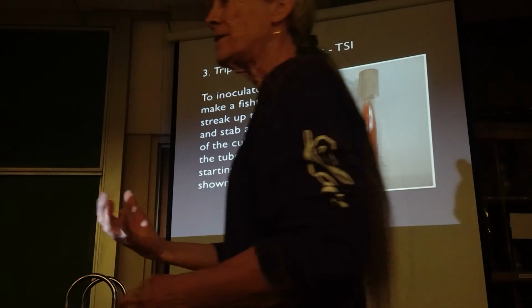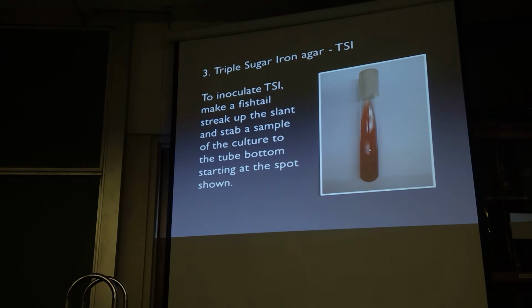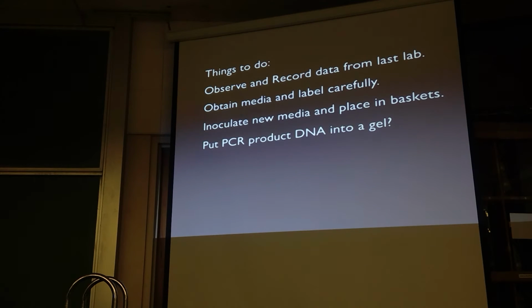Okay, so you're going to inoculate tonight: 9 carb deeps, TSI, SIM. Some of you are inoculating everything. So, things to do. You're going to observe and record the data from last lab. Take pictures, that's a good way to record it. Then you're going to get the media for the new stuff, and you're going to label it very carefully. And then you're going to inoculate your new media, and you're going to put it in the baskets again. We'll have to get new baskets. They're going to be labeled, and remember how you had to put the little tape labels on top? Please do that again, because it makes it a lot easier to find them. And then that last part,